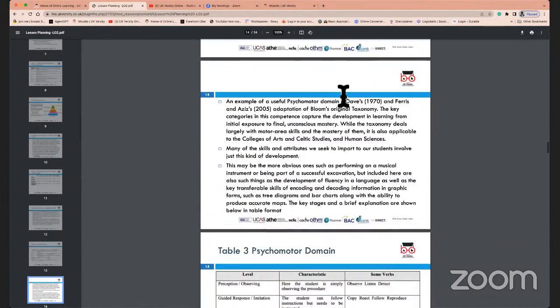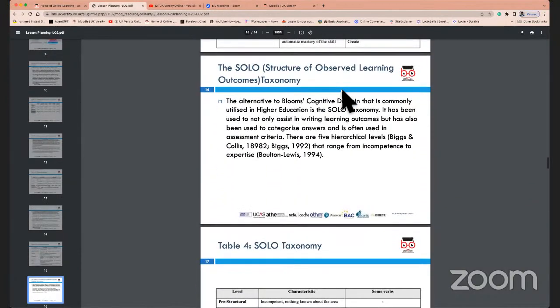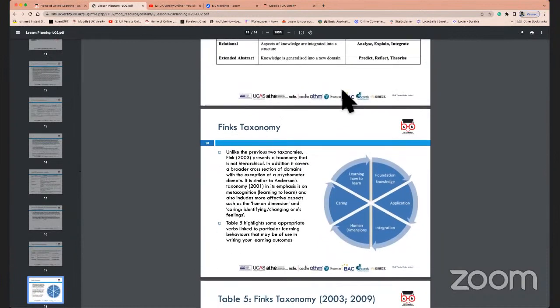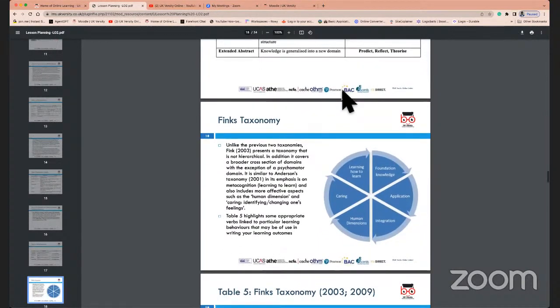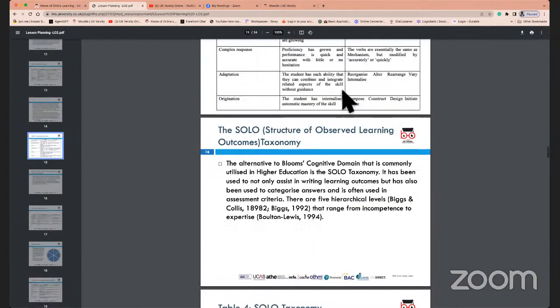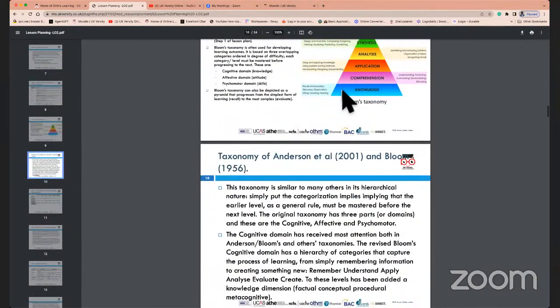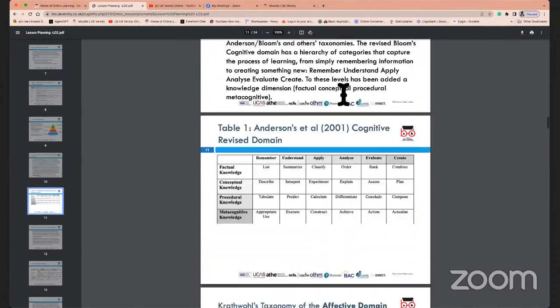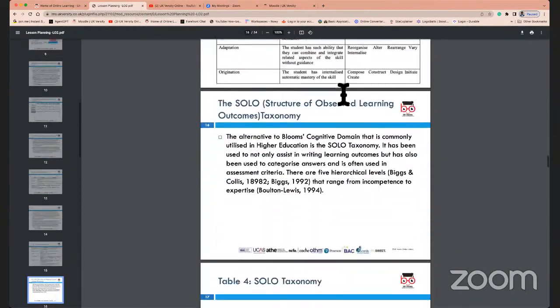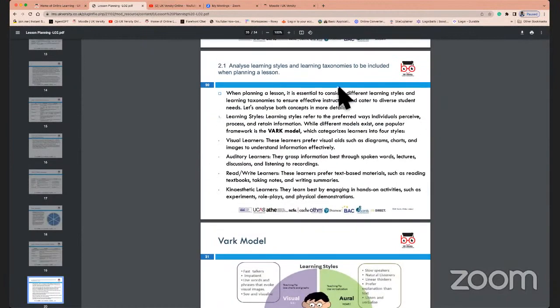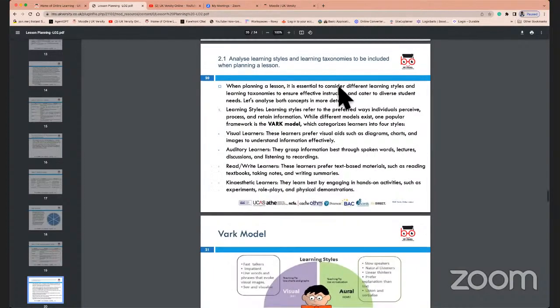We'll cover them in a bit more detail, which is covered in the initial aspect of it: the Solo, the Flex, the Bloom's taxonomy, and I think the third one was Anderson's and Krathwohl's taxonomy. So these are pretty much covered in the first aspect. And then we go into individual assessment criteria to address, so that you have enough knowledge and background in terms of what is being asked for in that learning outcome.